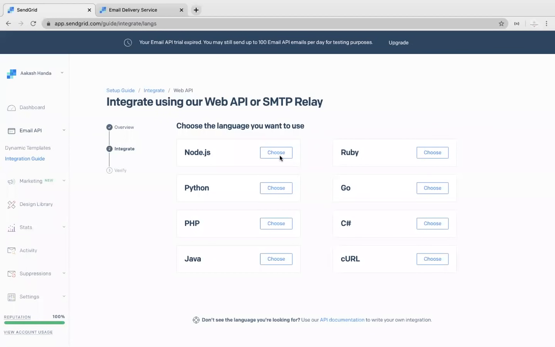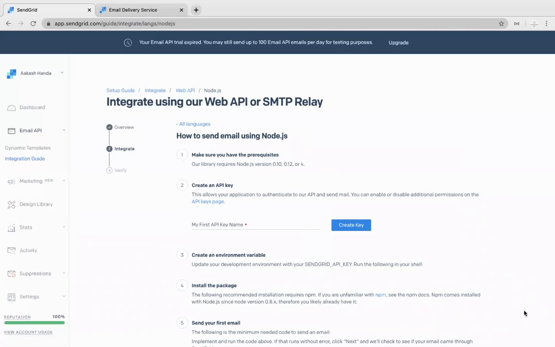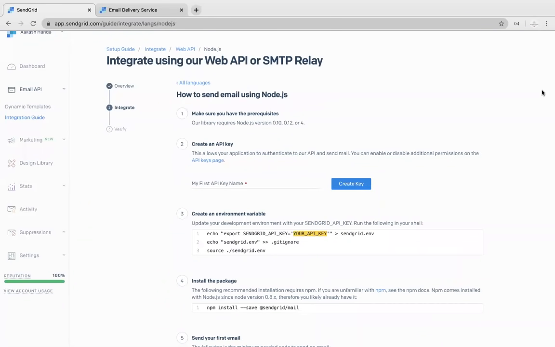After that, it asks what language you want to pick, meaning what coding language you prefer. It can be any coding language that you want to go with. Here I'm going to choose Node.js, but the other options are like Python, Ruby, PHP. I choose Node.js. Now it says generate one key. Although I'm generating a key and I'm going to show you that key also, I'm going to delete it later on. I'll say my test key, as simple as that.